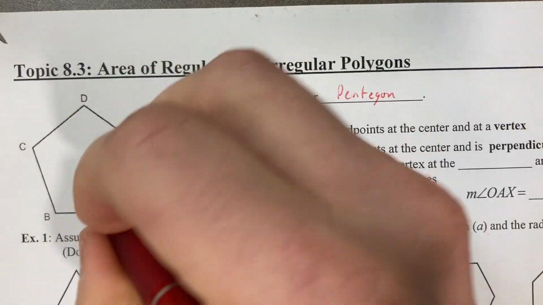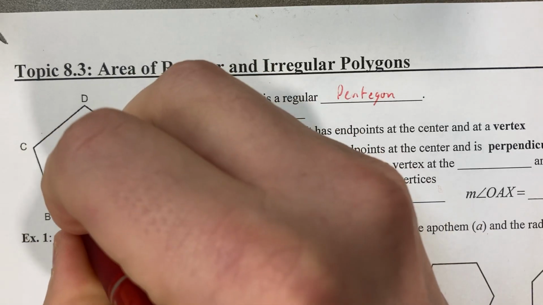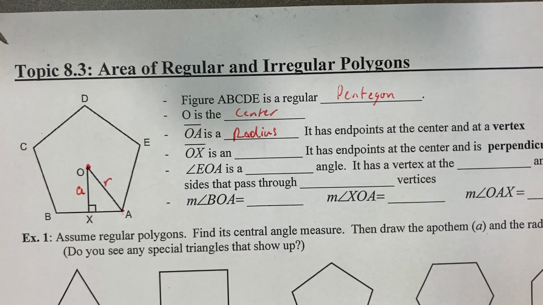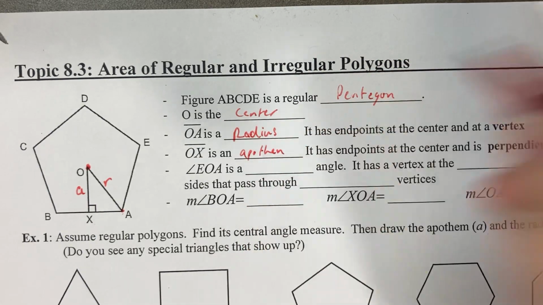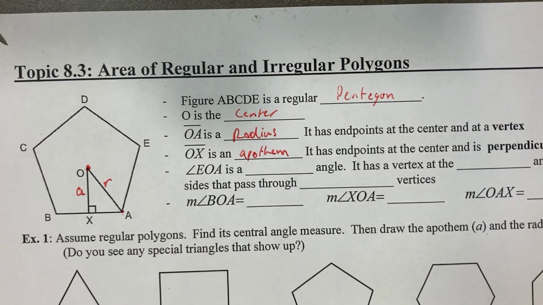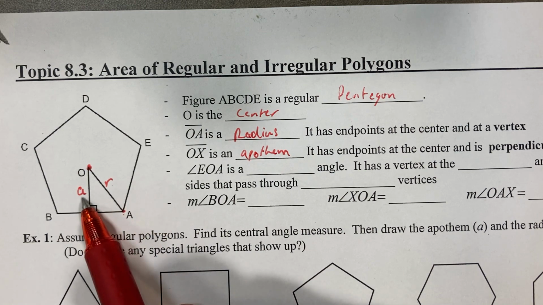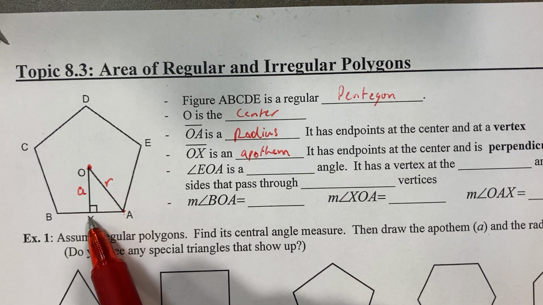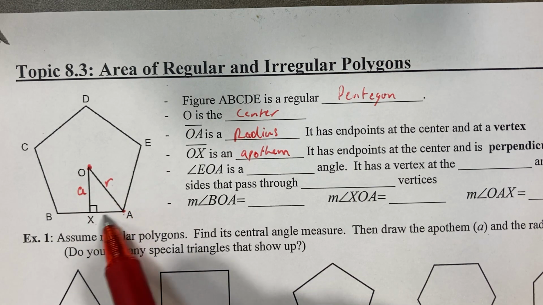OX, now this is a different one. This is different from the radius. This is a new word. And we're gonna label it little a, because the name of that is called an apothem. Apothem is what some people call it, but I call it an apothem with an O there, apothem. And it has a right angle. So you do need to know the difference between an apothem and a radius, because the apothem we're gonna use as a part of a right triangle, and it's gonna come out in one of our equations that we'll have